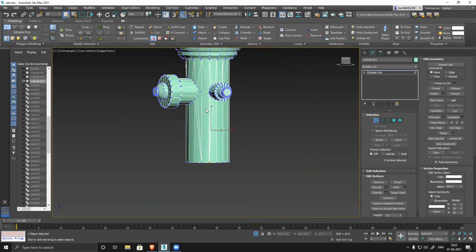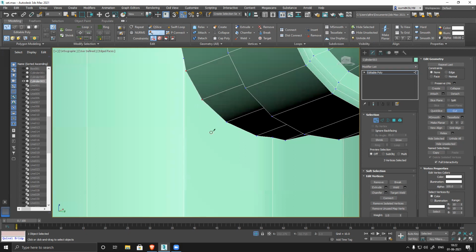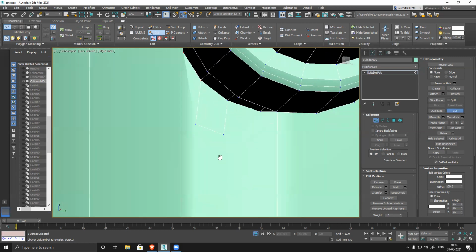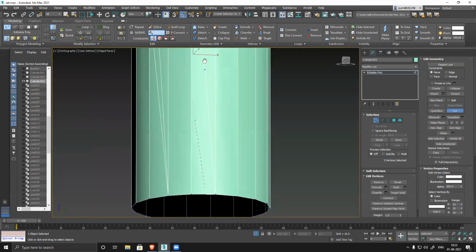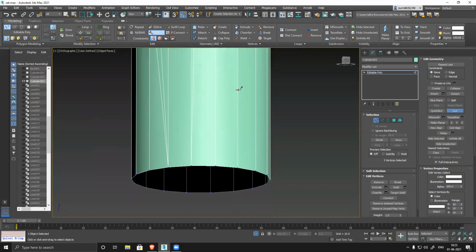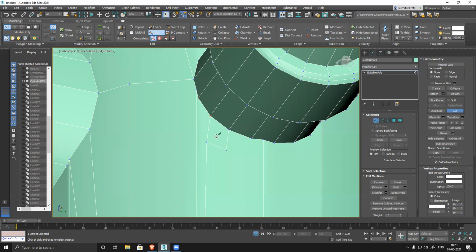Like this I can connect, or there's one more technique: use a cut tool. Click here, create a point, click here and connect it here. Then connect this point to here. So now technically this is also a quad, this is also a quad.